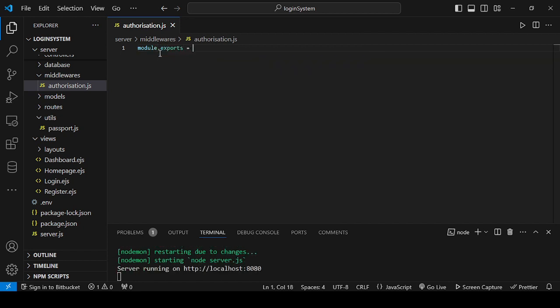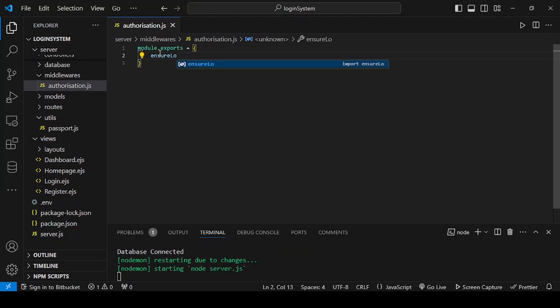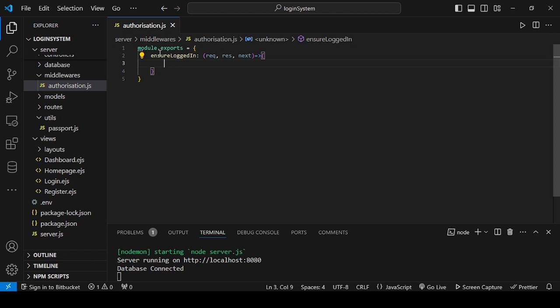The exports, set it to this. Let's be sure. Let's ensure that a user is logged in. Ensure logged in. Let's set this to request, response, next middleware. I'll call it now. Passport provides a method called isAuthenticated. So let's say if request dot is not authenticated by passport.js, if request dot is authenticated,